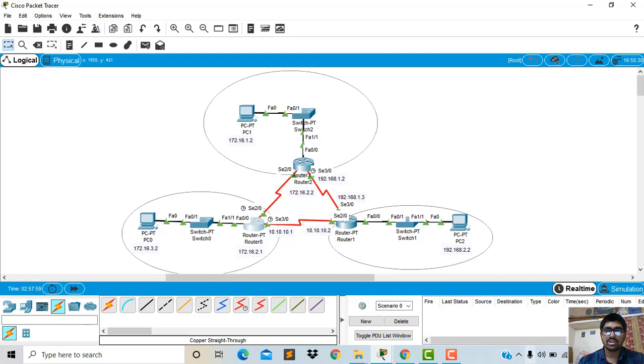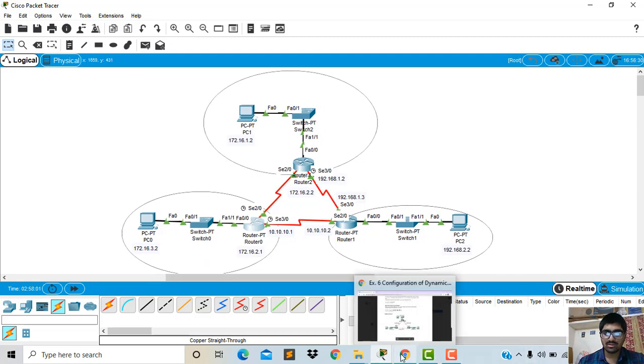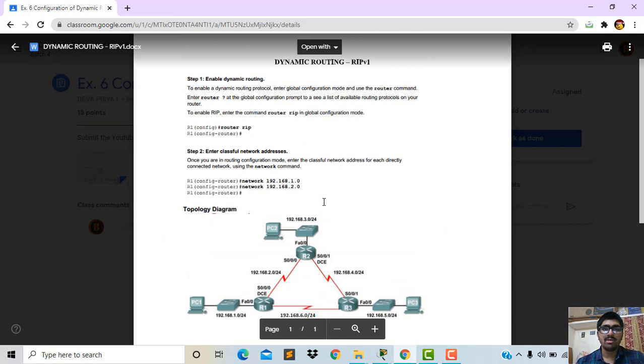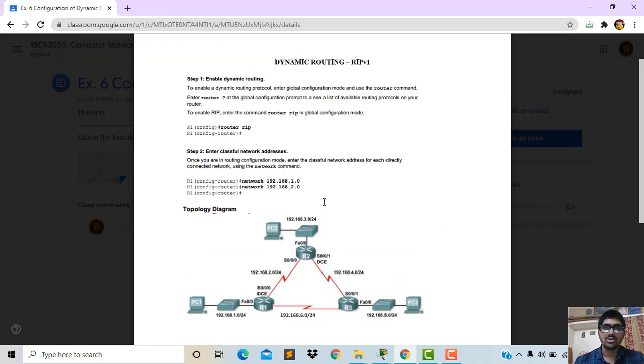In dynamic routing, the command is router rip. For static routing we used the command ip route, but in dynamic routing we are using the command router rip.